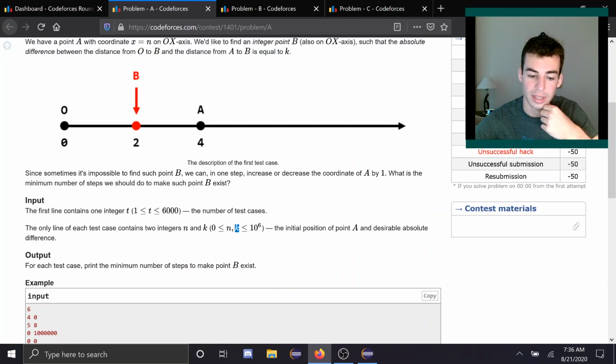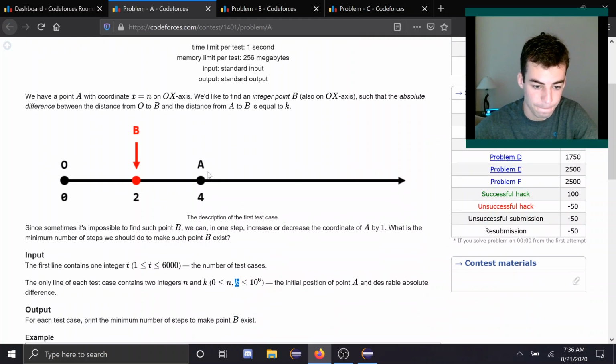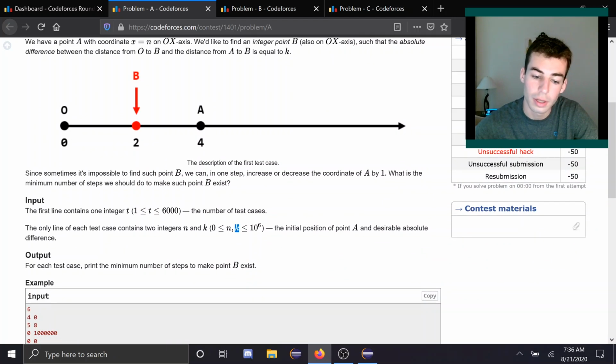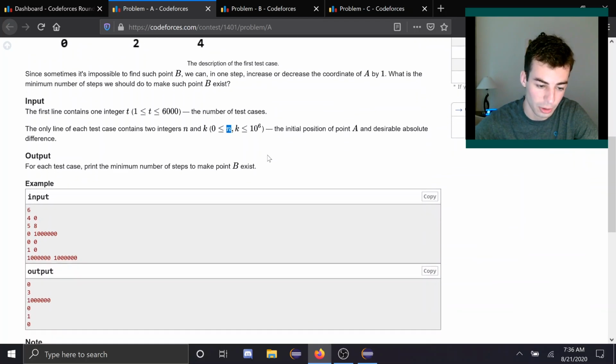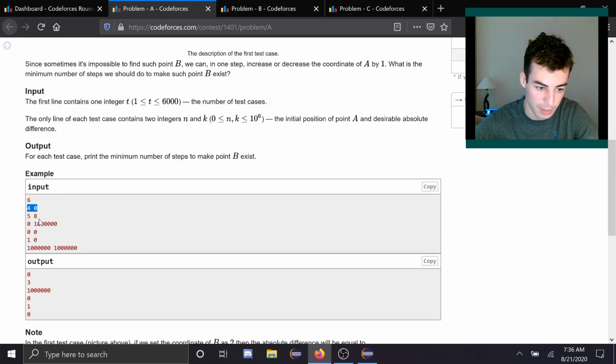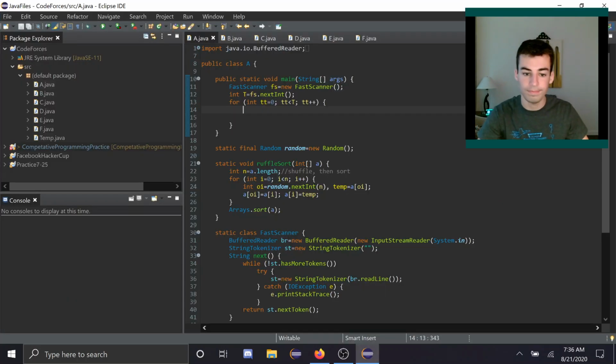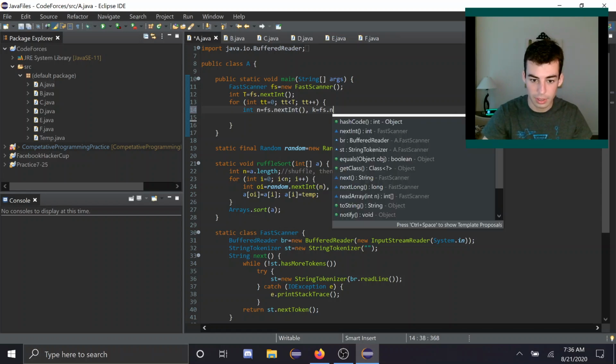So the biggest it could be would be k. So n has to be at least k, or bigger than k, but the parity has to match. So that's parity matches. You take 3 steps to get to k. This is 1,000 steps, that's 1 step, because parity has to match. Yeah, okay. So given n and k,